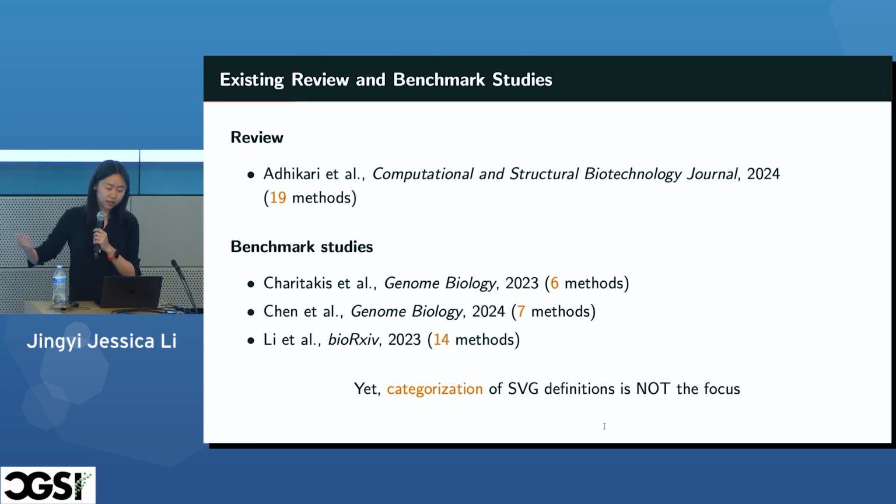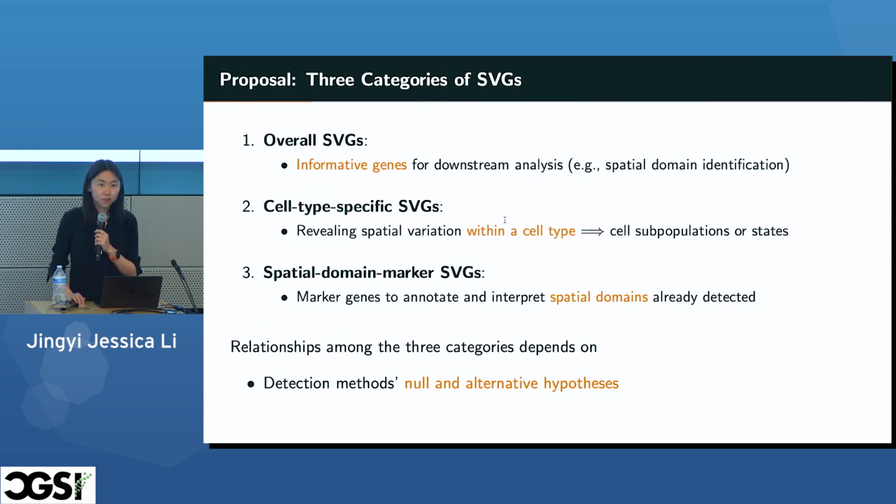So before our work, there is one review paper that covers 19 methods, and there were 3 benchmark studies which compared a different number of methods. However, these studies didn't focus on the categorization of SVG definitions. In other words, if you read the papers, whether these methods share the same definition of SVGs or have different definitions, it's unclear. So that's our motivation, and therefore our proposal is that by reading these papers, we propose 3